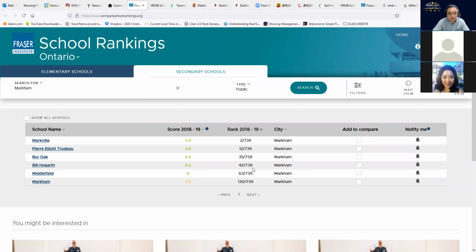It's not too bad. But if you tell your client this school is number 42 in the whole of Ontario, it looks like it's not good. So usually we will count 1, 2, 3, 4 in the city of Markham, and this high school is number 4.